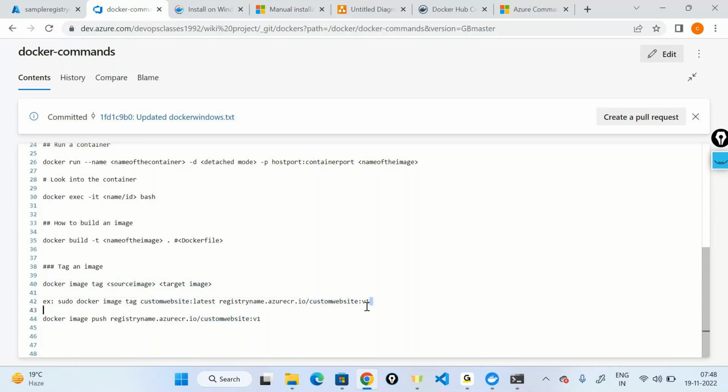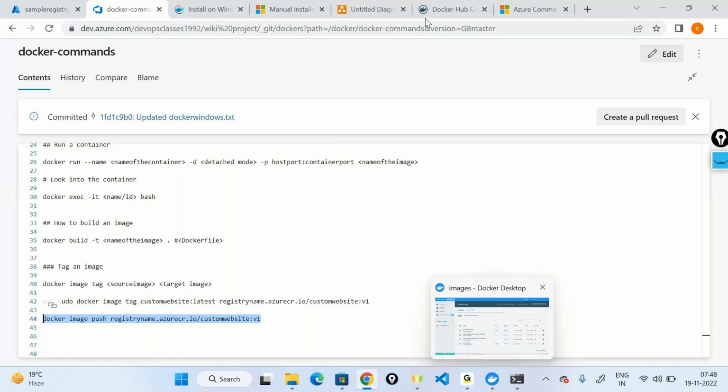I've also given an example of how to do this, and you don't have to use sudo anymore because I'm using my local machine. And then I have docker image push. I'm telling it, please take the entire image and push it out. You can do this multiple times for multiple versions of your images,